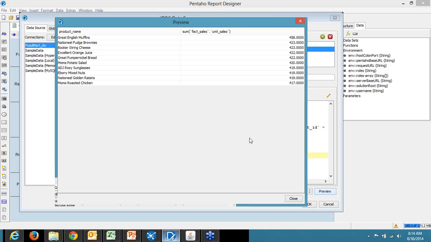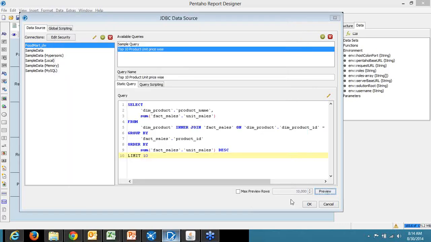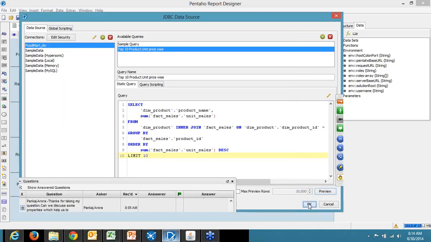Okay. Now here you can see we have the records of the top 10 product unit sales, right? So this is the preview. Okay. So now we are good to go with this query. So it's working fine. We can click OK on this,